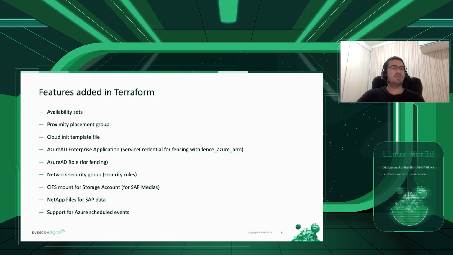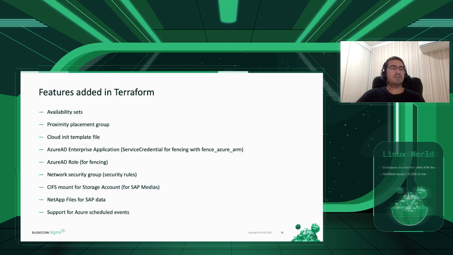We have used the feature of Azure AD enterprise application, so that we created a custom application in Azure that will be used for fencing the virtual machines in scenarios like high availability when we need to avoid STONITH problems,